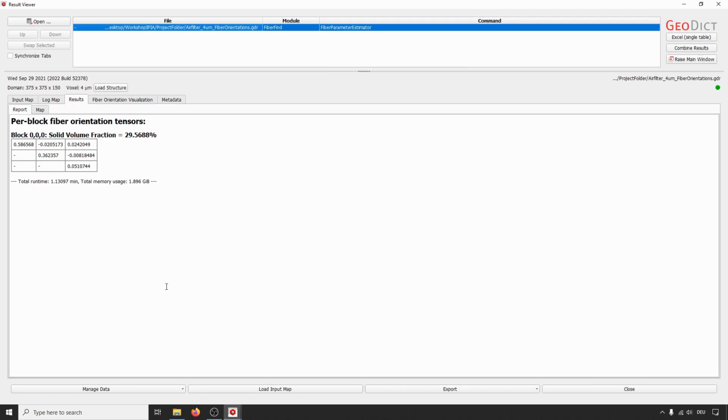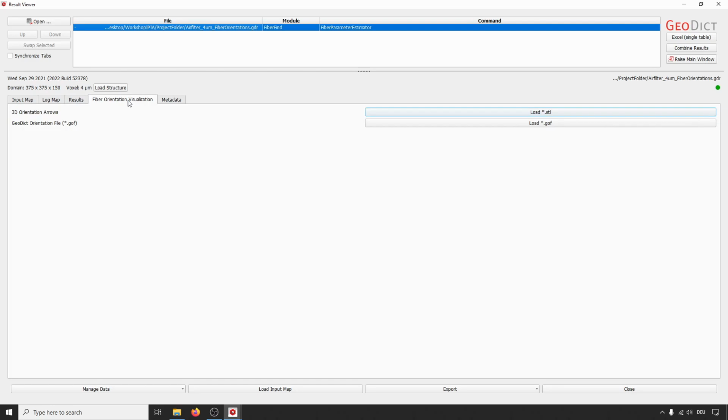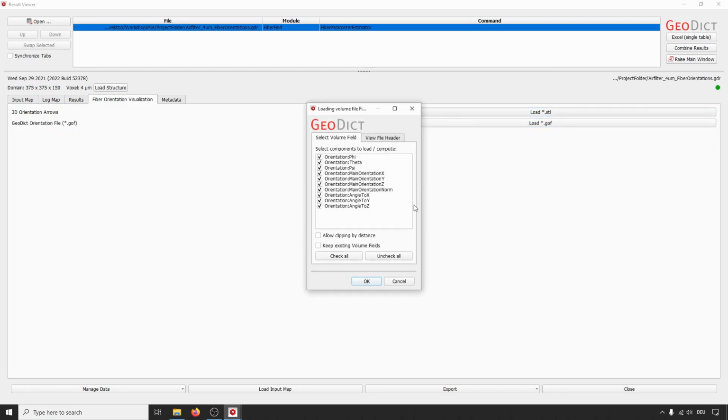And then we get again the result file. And here in the report we don't see much because we only selected one orientation tensor. But as I said, I think it's more interesting to have a look at the fiber orientation visualization. And therefore we switch to the tab with this name here and select the geodict orientation file and click on load GOF file.